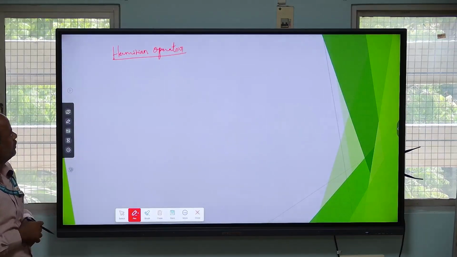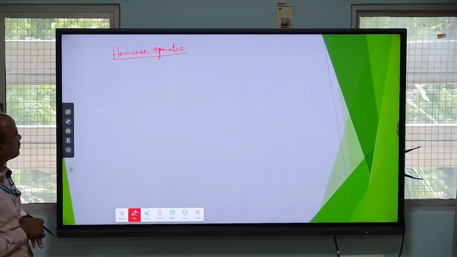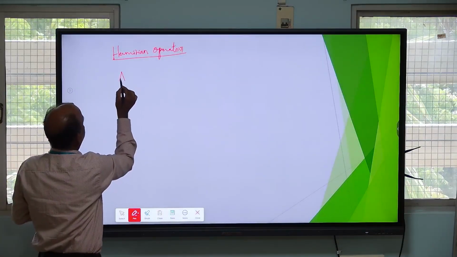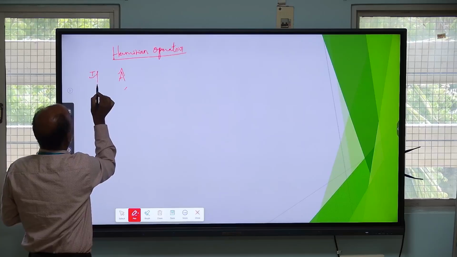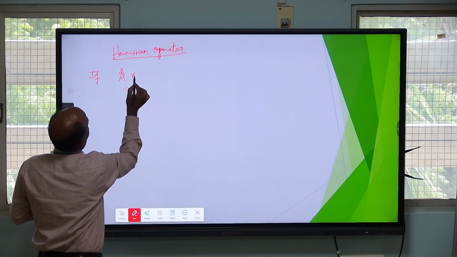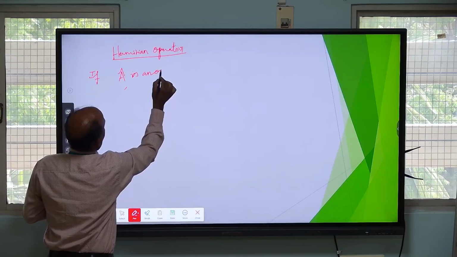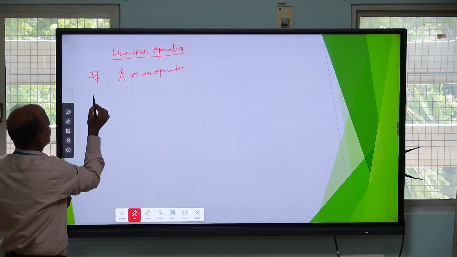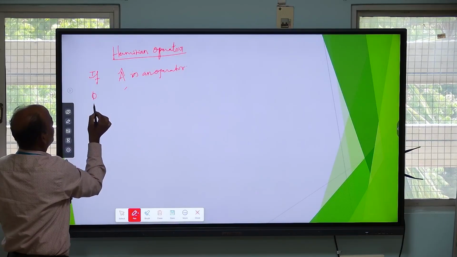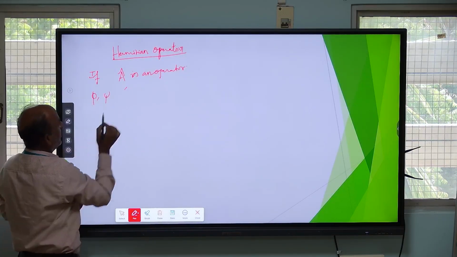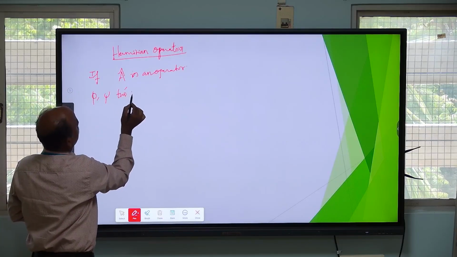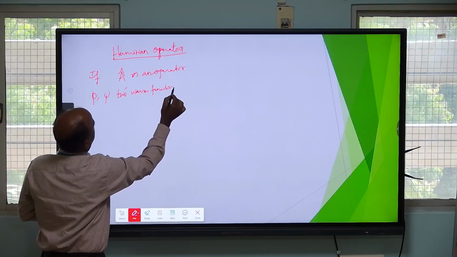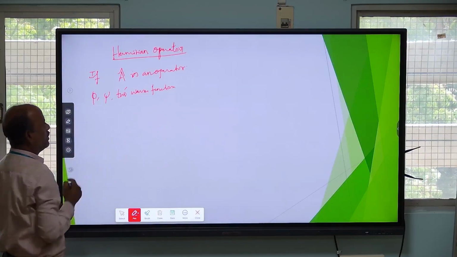The Hermitian operator means, if you consider an operator A, and phi and psi are two wave functions,